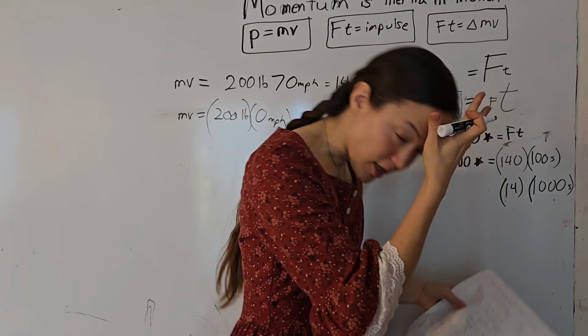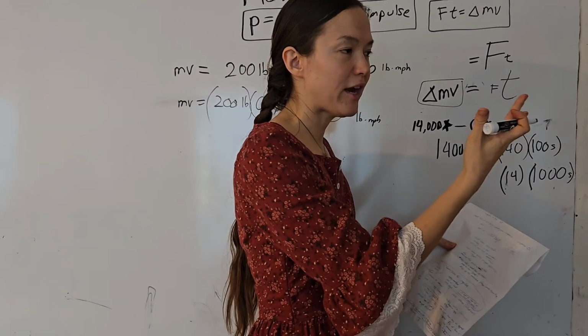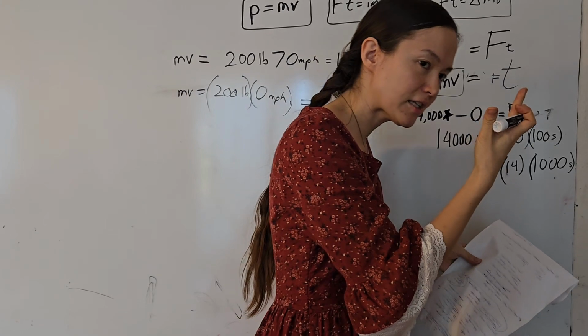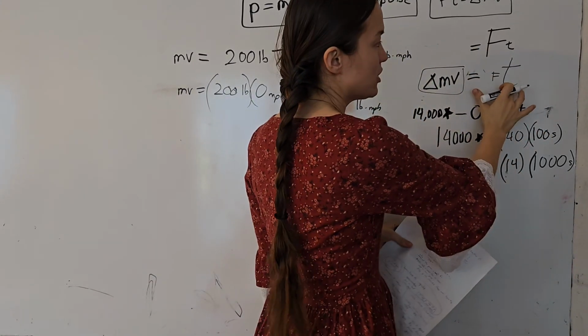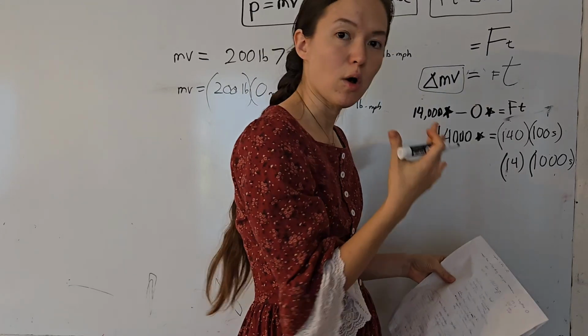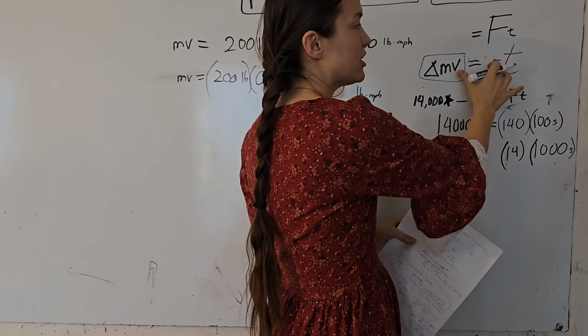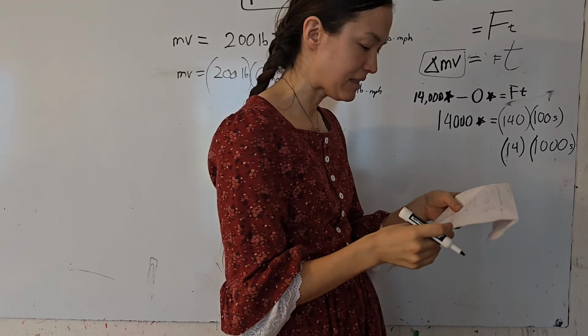When your head makes contact with the front of your car in a car crash, you want that airbag. What the airbag does is it makes the contact take much longer, more time, and so that same momentum that you're trying to take from 70 miles an hour to 0, whatever it was in that car crash, you're spreading it out over time so that the force will be less.